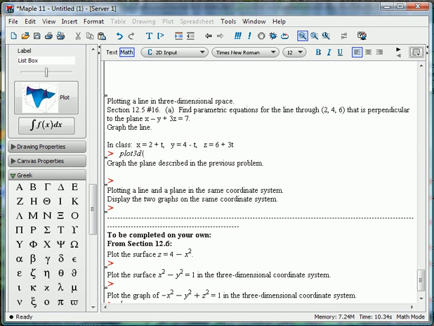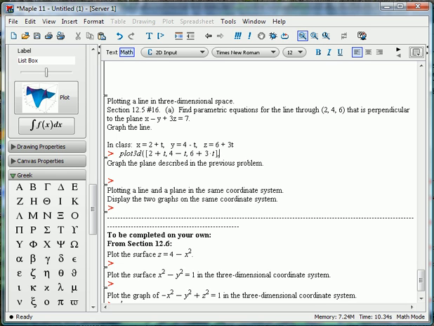When you have a graph defined parametrically in 3-dimensional space, we use brackets. So we enclose the components in brackets. Then you just type in the x component, which is 2 plus t, the y component is 4 minus t, and the z component is 6 plus 3 times t. When you're done, close brackets,